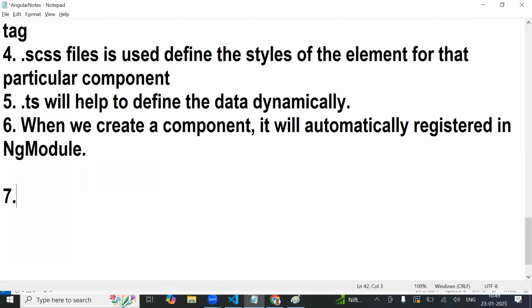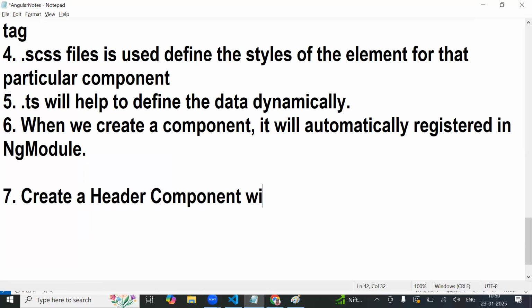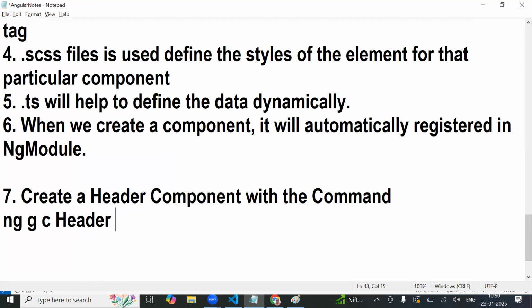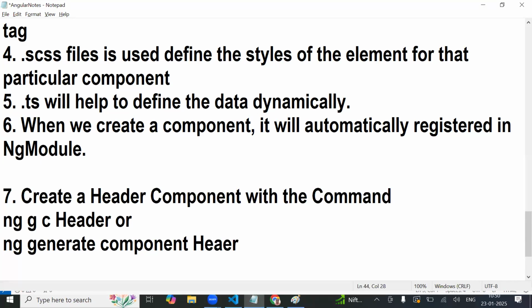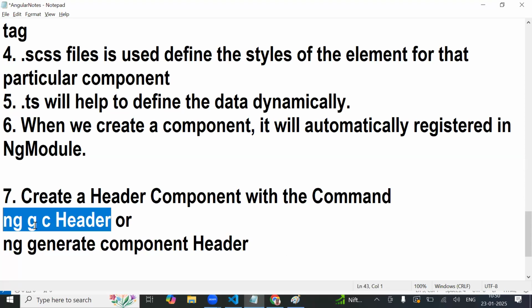Seventh step. Okay. 1. Header component. Create a header component with the name, with the command ng g c, or ng generate component header. I got my point. You can give the full name also like this, or you can give only like this. Let's take this one, copy, go back to the application,